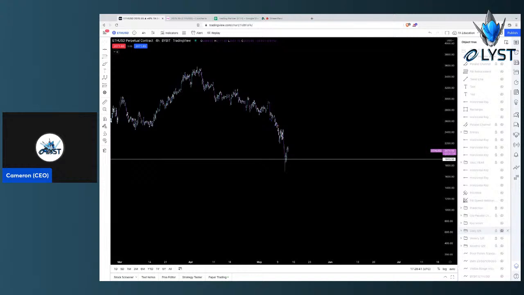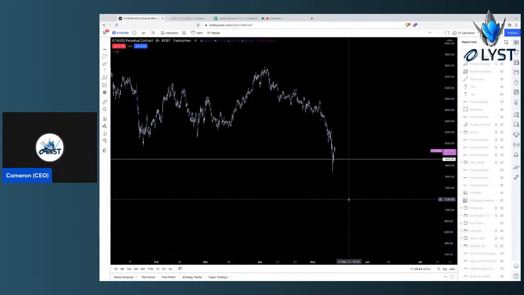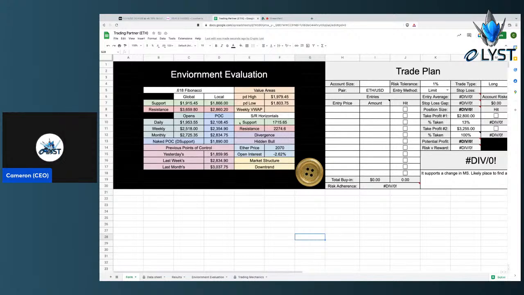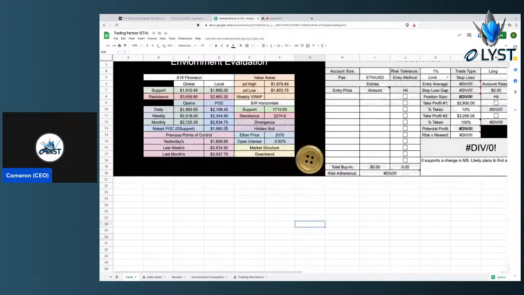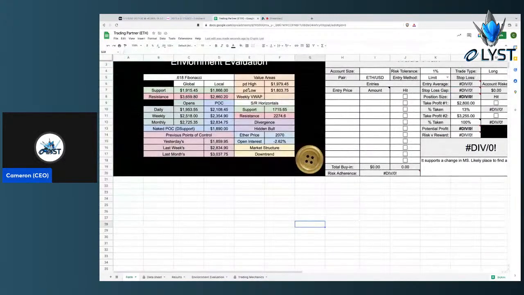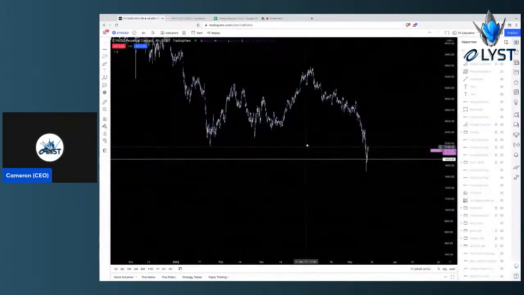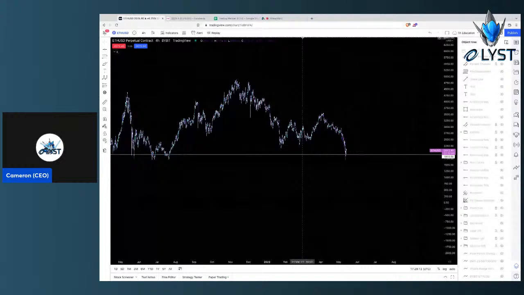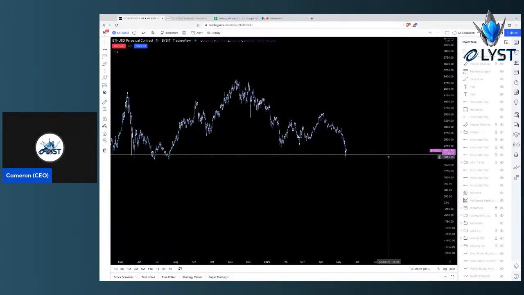As we understand how to use TradingView, how to find the environment, map it out. So you'll have these numbers updated every day. I mean, not all of these numbers are going to change every day, right? But some things will. Clearly, open interest, Ethereum price, possible supports and resistance and things like that. So anyway, that's where we're at on the environment evaluation. So we're in a downtrend. We're looking for some stuff. Now, we did that. That's great. I think that's fantastic. I want to look at a couple things real quick, which are